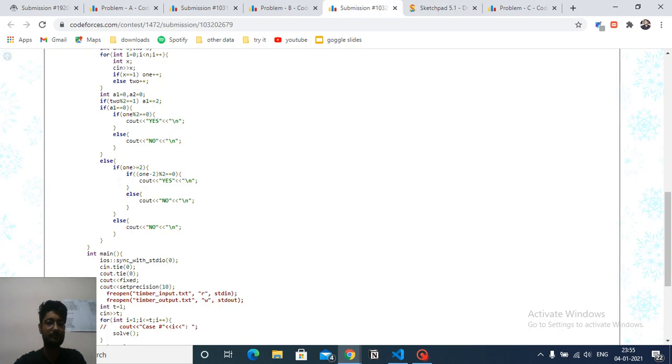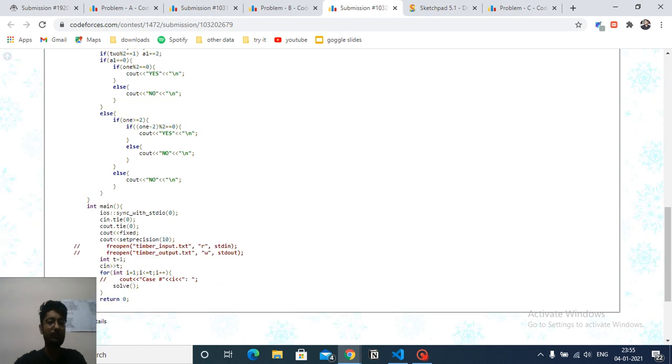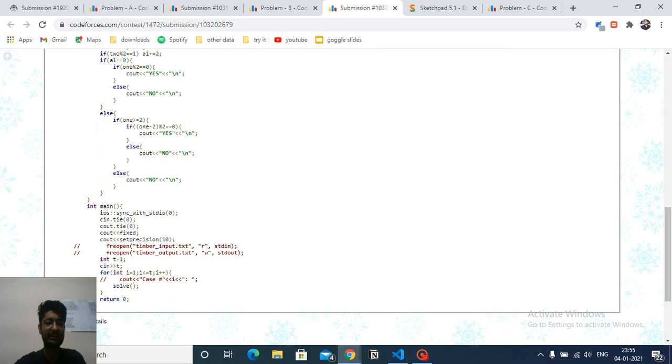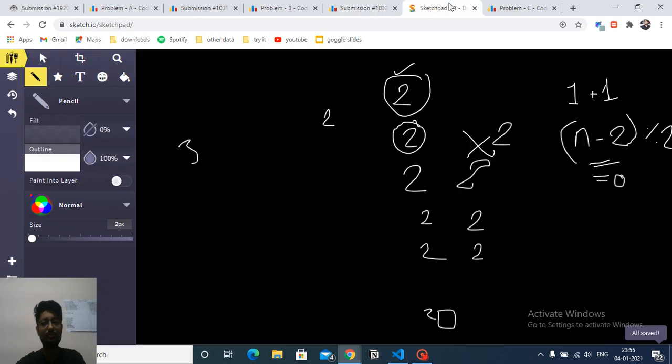You have to do some processing, and then you have to check, after dividing the candies of type 2, how many candies of type 1 are left. So what we are checking is whether the count of type 1 candies is greater than or equal to 2. If I don't have any candy of type 1, or I have only 1 candy of type 1, then I cannot divide, because there is 2 weight extra on one side. So I have to counterbalance it with 2 more weight. So it should be greater than or equal to 2, otherwise the answer is obviously no.